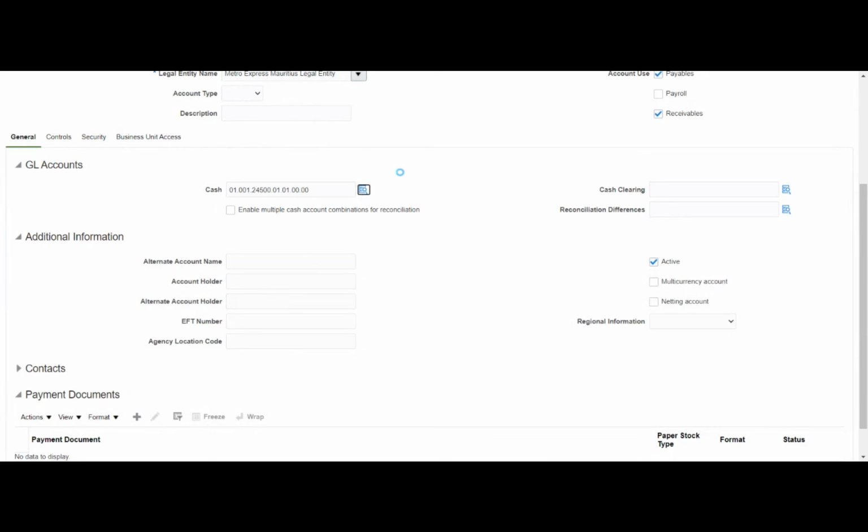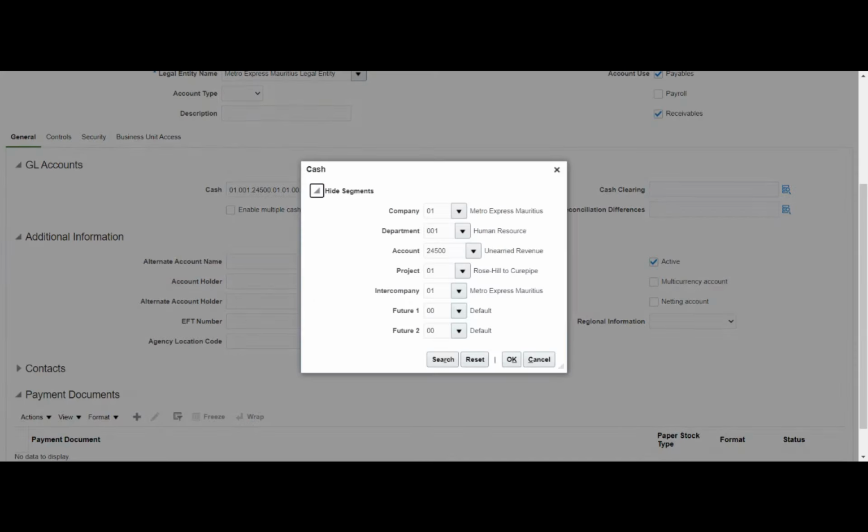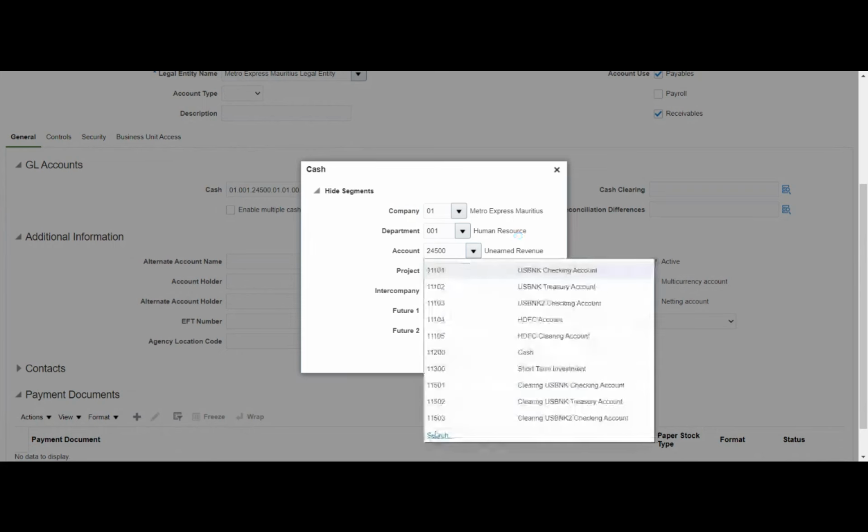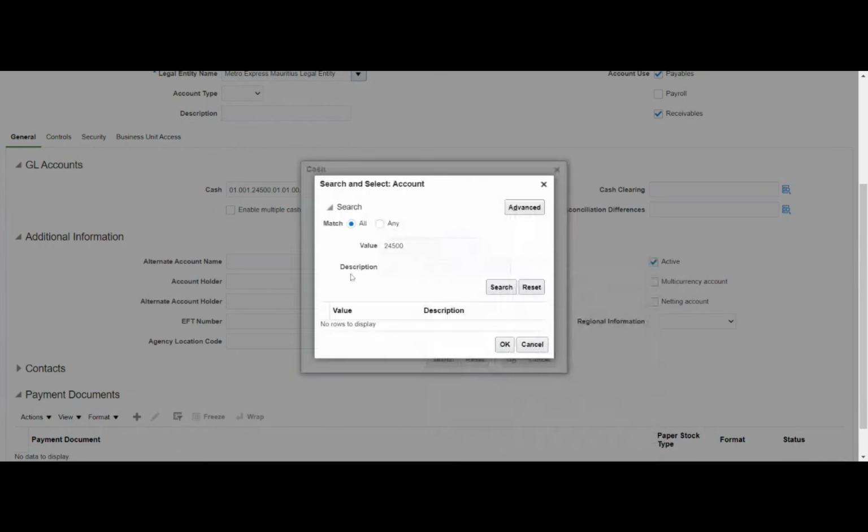Yeah, so cash account is the end account, which means we have received the cash from the customer or we paid out to the vendor. Whereas cash clearing is nothing but a control account. So a control account stays as an intermediary account wherein it will say that this particular payment or this particular invoice is not paid out yet. That is an understanding for the consultants or the finance users to track the payments